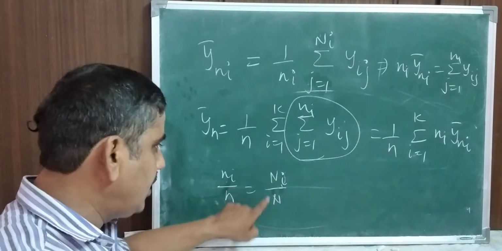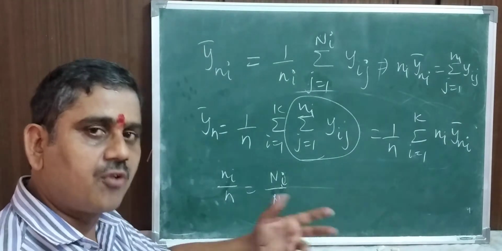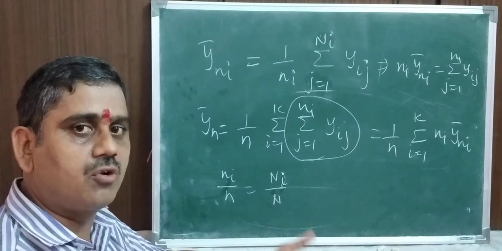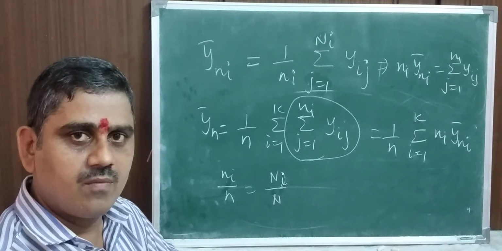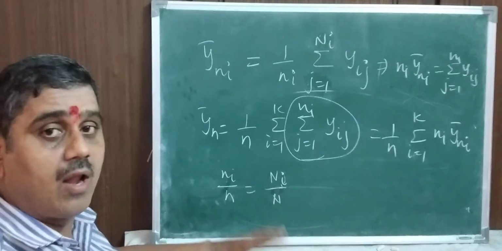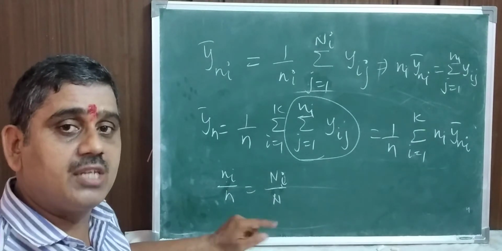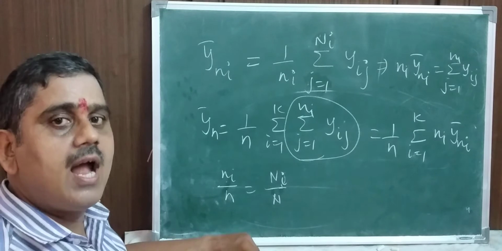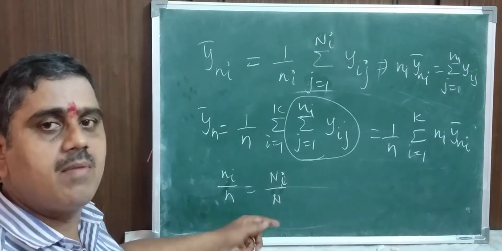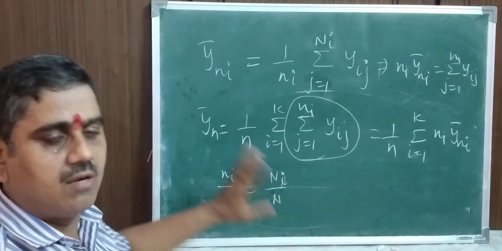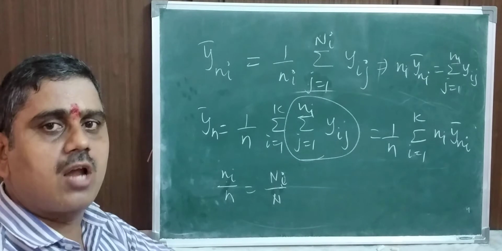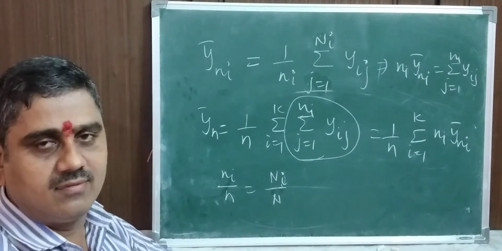For example, ni to n. How proportionately? For example, capital N1 is 100. Capital N is equal to 1000. This proportionate value is equivalent to small ni by small n. For example, small n is equal to 100. And ni should be 10 by 100, 100 by 1000, which should be equal. If the proportionate values are assumed to be equal,